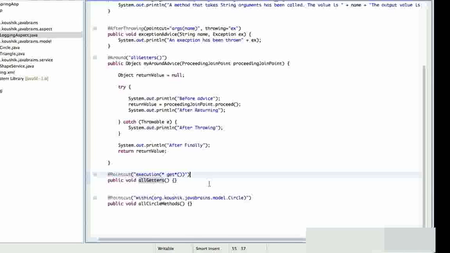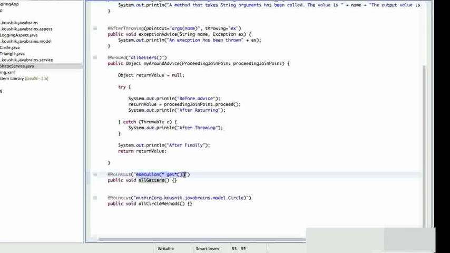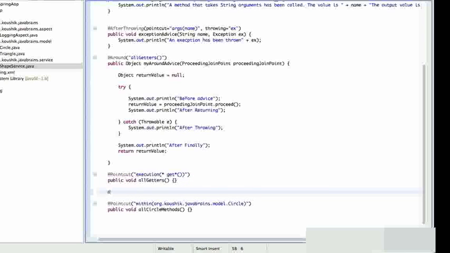So when it comes to writing point cuts for such situations, it's very handy to have a predefined package structure and a predefined class name convention so that you can write your point cut expressions easily. So here, let's say I want to write a point cut for, let me write a new one here. Let's say I want to apply a point cut for all service methods. So it could be as simple as point cut